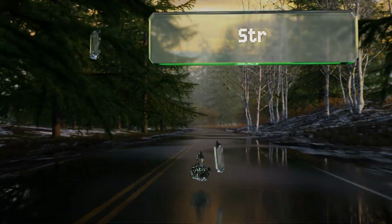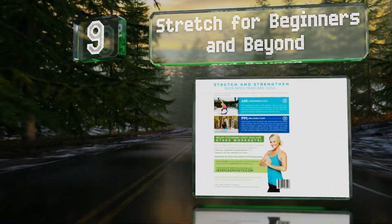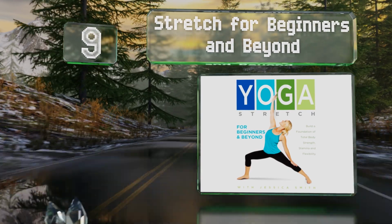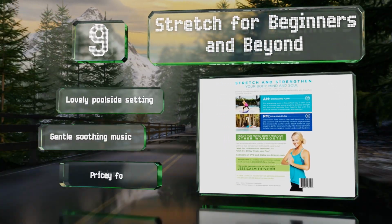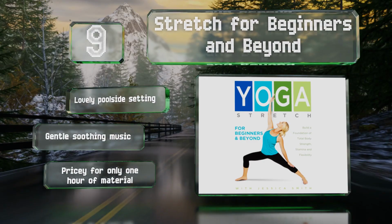At number 9, Stretch for Beginners and Beyond offers 2 basic routines designed for those just getting started in the practice, with a morning series to energize you first thing and an evening series to help you wind down from a hectic day. It's got a lovely poolside setting and gentle soothing music, but it is pricey for only 1